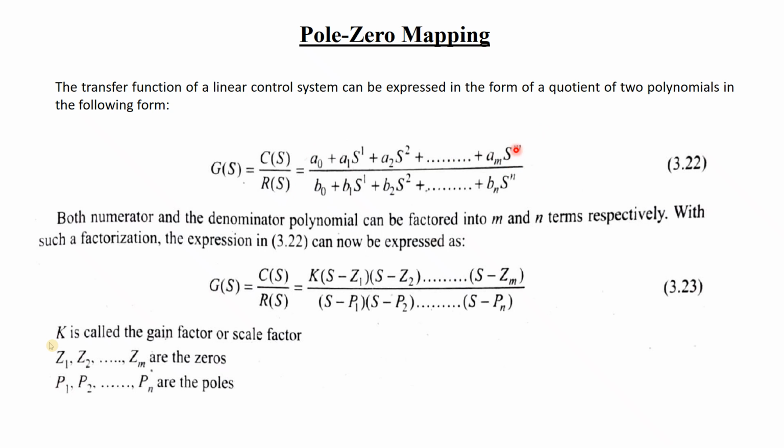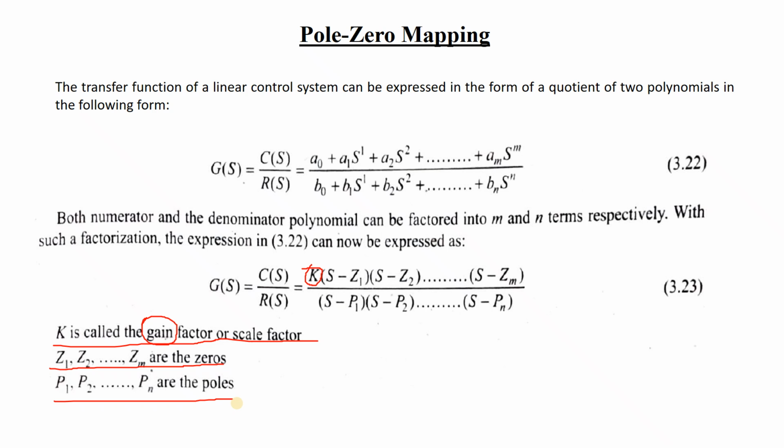obviously you will take something in common. You will have to multiply or divide something, that means you have to cancel the numerator and denominator with some factor. Suppose it is 3x cube plus 1, so you will take 3 common, so it will become x cube plus 1 by 3. So in this way there will always be some constant term outside. This constant term is called the gain factor or the scale factor. Generally it is called the gain. And the solutions of the numerator are called the zeros,